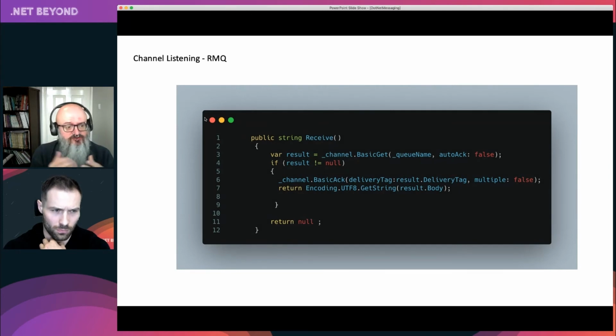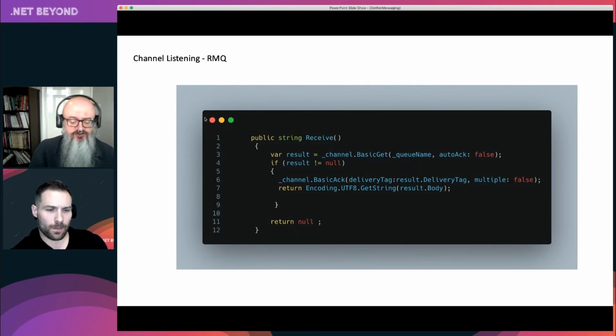Actually, you don't necessarily want to do acknowledgement like this. What we're saying here is take it off the queue, immediately acknowledge, which means nobody else can ever process it. Generally speaking, a better strategy is to try and handle the message. If you fail, you may want to make it available for other consumers, or if your processor were to crash, then somebody else could pick it up because you haven't finished doing the work.